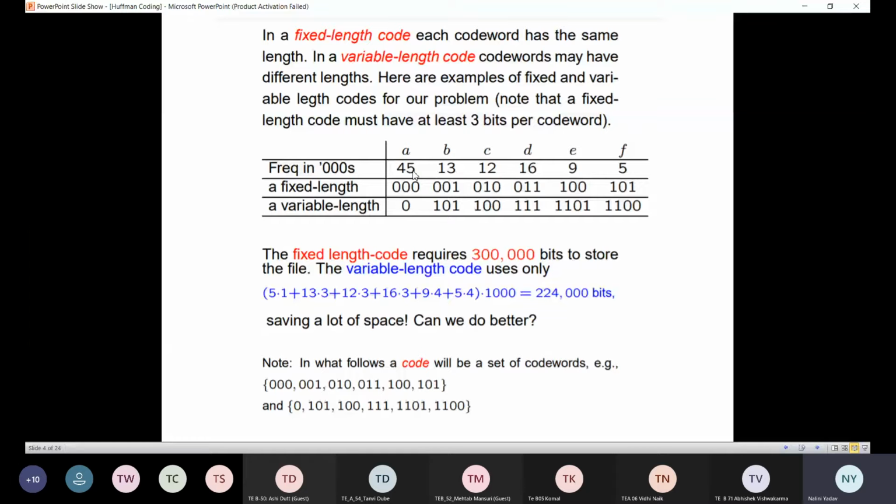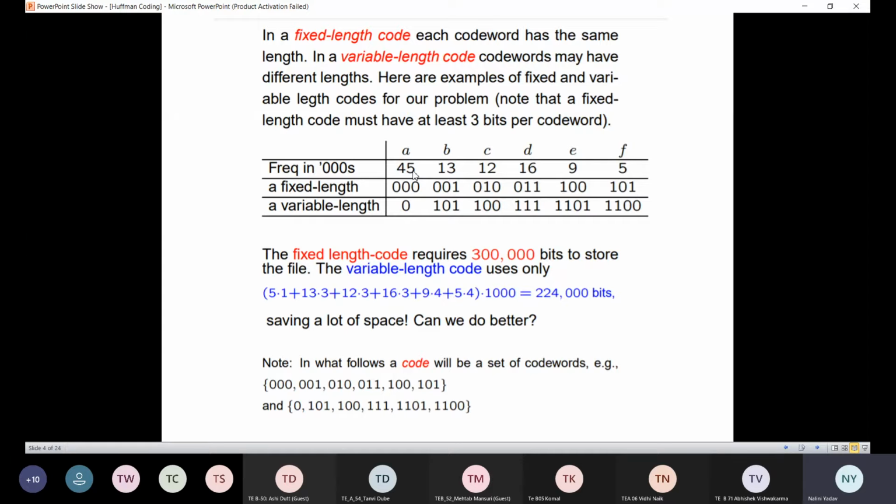In a variable length encoding, each alphabet has a variable length code. So for example, for A we have a single bit, 0, for B we have 101, C 100, D 111, E 1101, and F 1100.